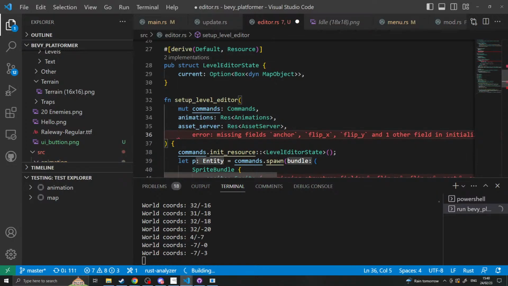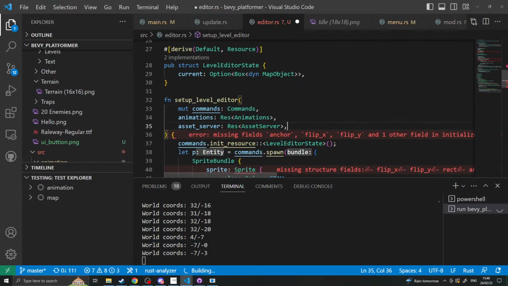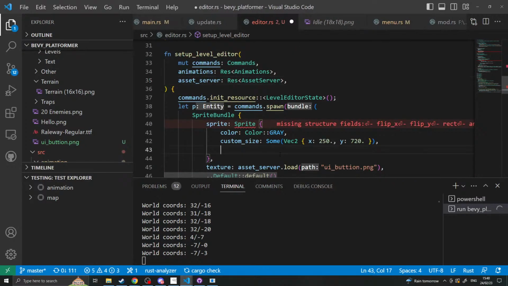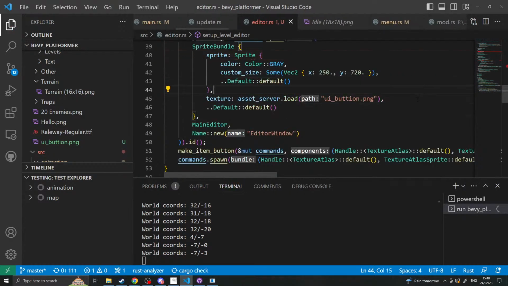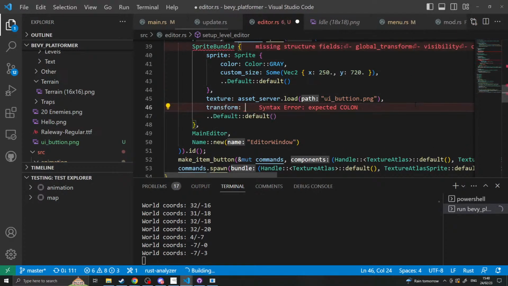The other option is to be really quirky with it and make the editor actually part of the world, and you've got to drag it with you if you move the camera, instead of it just following the camera. Would be funny, but probably more pain than it's worth. So for now we'll just leave that like that. So we spawn our sprite and we go default. The only thing left to do is say that your transform needs to be